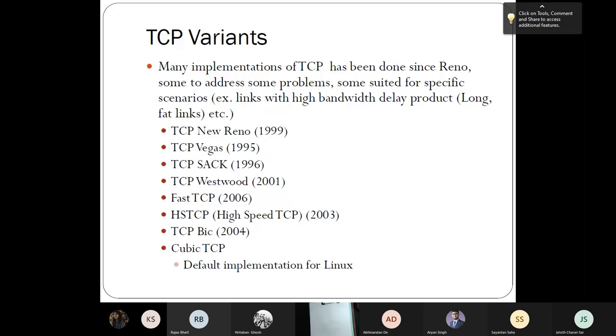TCP Vegas was very interesting work. As I said, it's one of the only ones that I know of. I may be wrong, but the only really famous one that we know of which uses delay as one of the things. And it's still there with Linux. In Linux, you can choose which congestion control algorithm you want. You don't want to do that unless you know better. But there are multiple options basically. And many of these other ones like Fast TCP, HSTCP, TCP Big, they were all basically